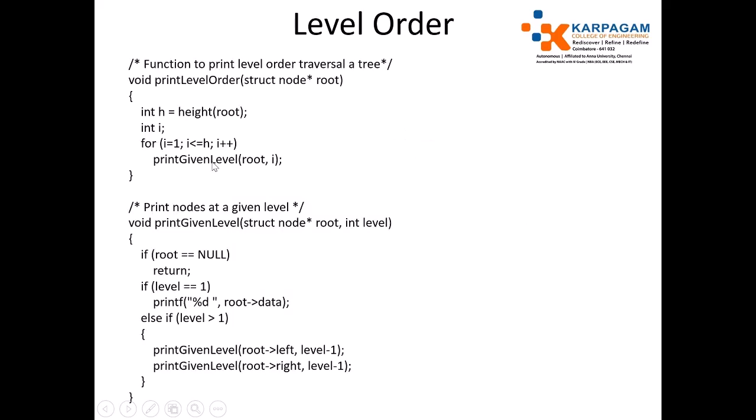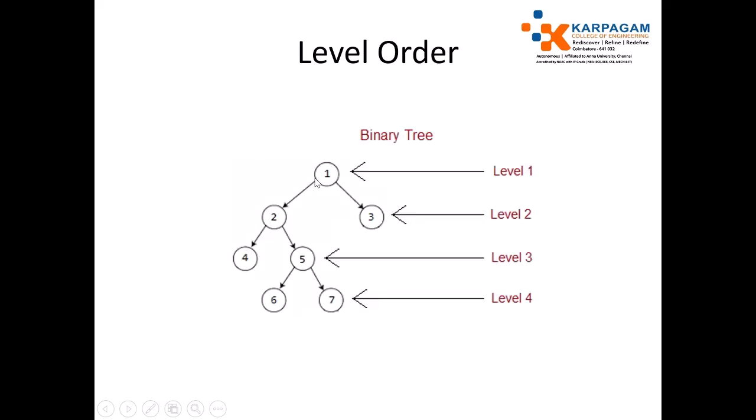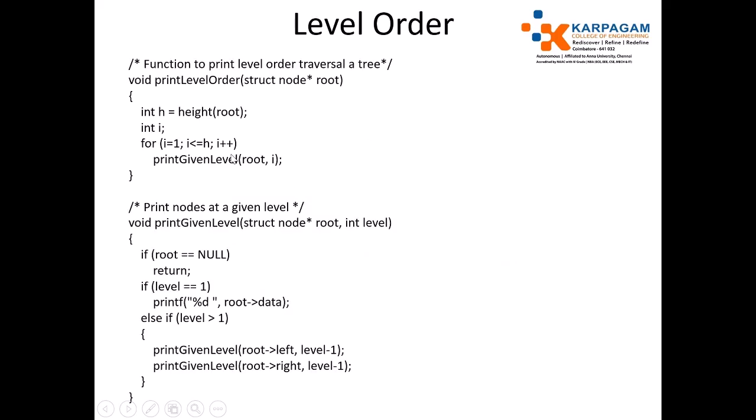Okay, so this is the function which is used to print the data in level order, which accepts the root node address, and first it finds the height by passing the root node address. After returning the height, just use a loop to print the data at each level. We start from 1 and end with the height, i plus plus, then pass the root node address and the level. For the first level, we have 1 now. That is printed by calling this function.